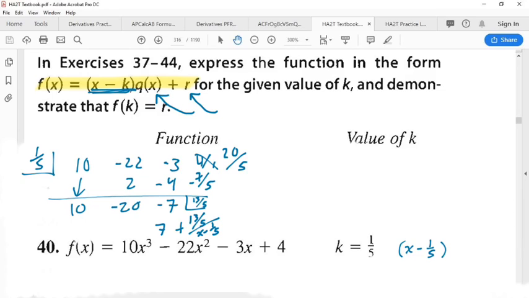And then we have negative 7, we have negative 20, that's an x, and then we have 10, that's an x squared. So this times x minus 1/5 would equal this. Since this is our answer, if we were to multiply this times x minus 1/5, we would get this. You guys agree? Okay, so I'm not going to multiply this all the way out because this problem is asking